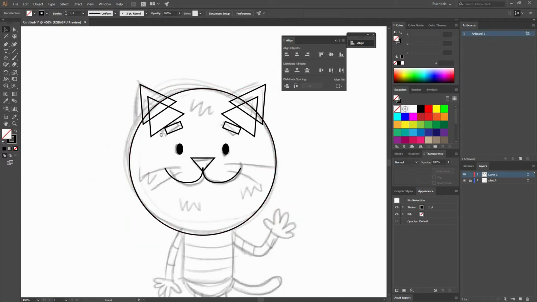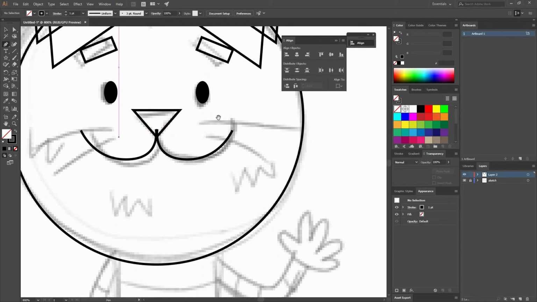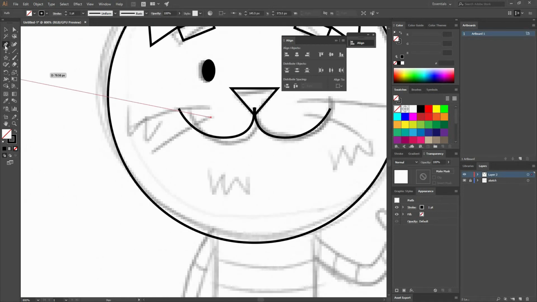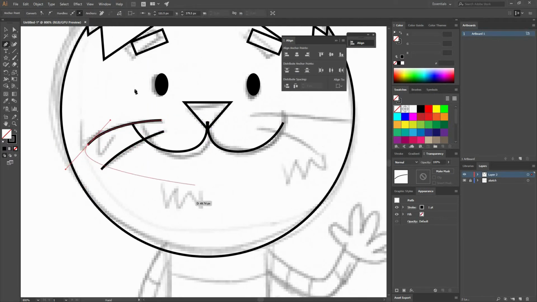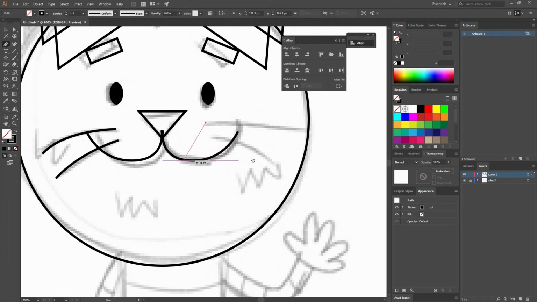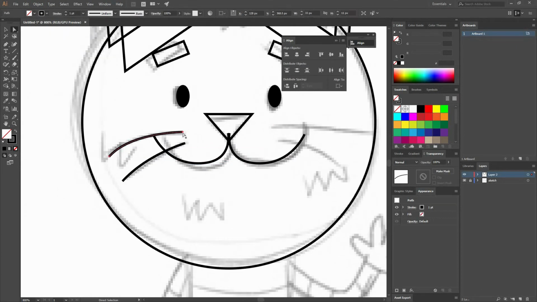Okay, so I'm going to keep working on the rest of my cat. First, I'm going to do the whiskers. So again, go to my pen tool or press P on my keyboard. Just click and then make another point while clicking and dragging to have a little curve. And now I could drag in the whiskers, but I think it would be better if I have the same ones just in the other direction. So I'm going to use my direct selection tool to move them a little bit.